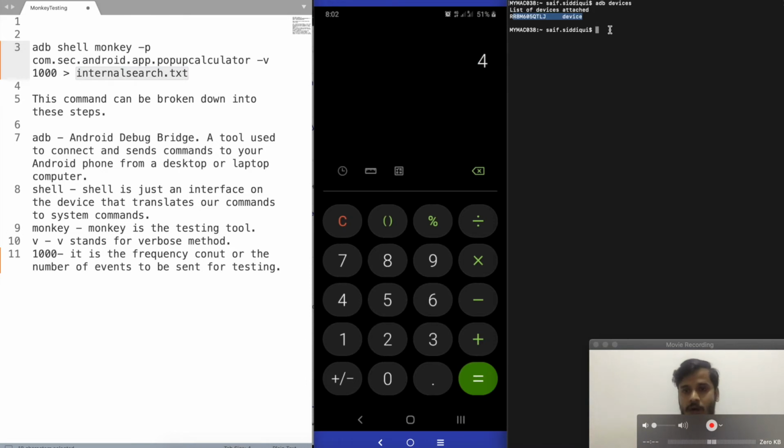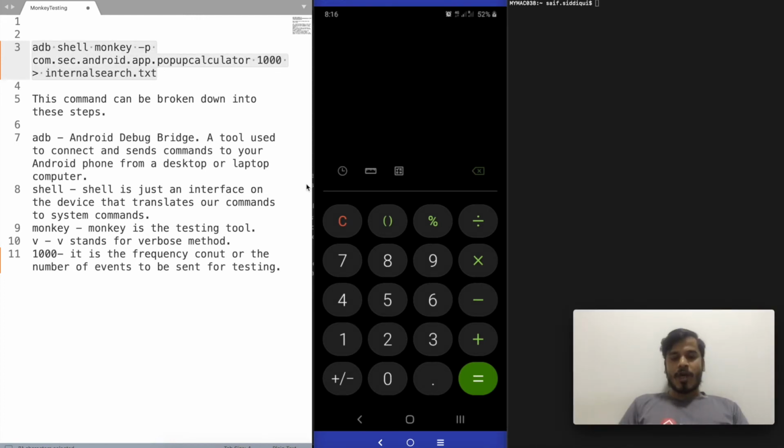Now I will copy and paste this command, and the activity name is there. I just want to do it for 1000 actions, and I want to save it in internal search.txt. Everything looks good. I can just delete this so I have a clear and crisp screen.